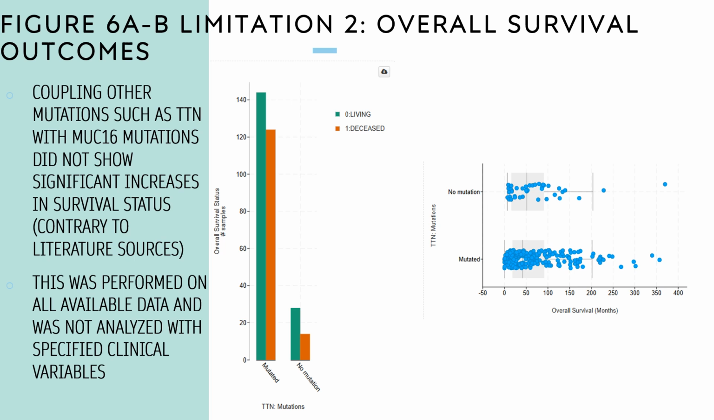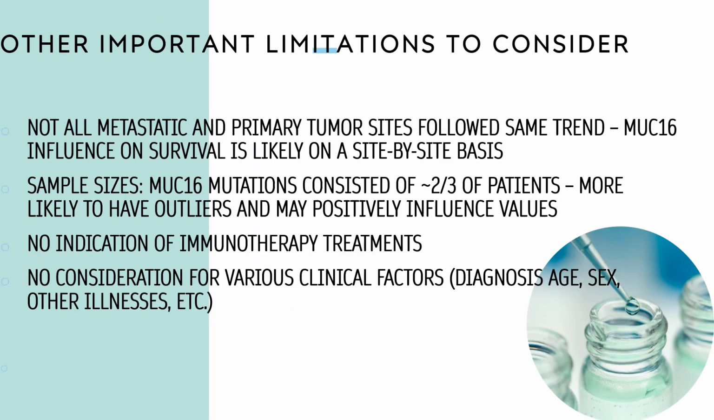Both these charts kind of show that these mutations together aren't promoting further survival beyond at least what MUC16 was doing on its own. So a few other important limitations that I want to consider regarding my data analysis and the overall study